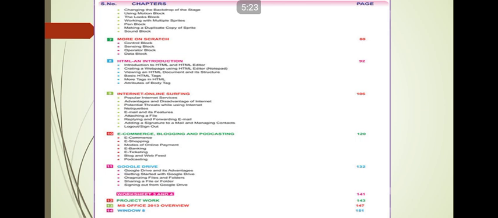Then the next topic is HTML. This topic is completely new to you. Up till now, you people have searched many pages on the internet, right? The page which appears on the screen at a moment, that particular page is known as a web page. So HTML is the basic programming language of the internet, with the help of which we create web pages.